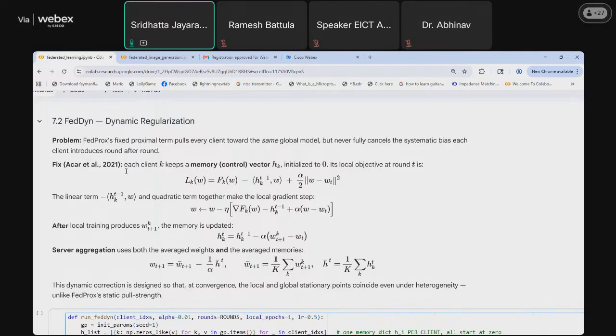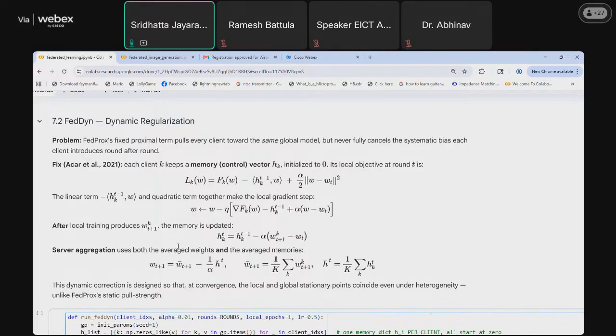So coming on to the next part, dynamic regularization. In this, what was thought of is a movement or a collection of the control vector. If there is a certain client making a very high drift, it actually differs from the previous or the server.